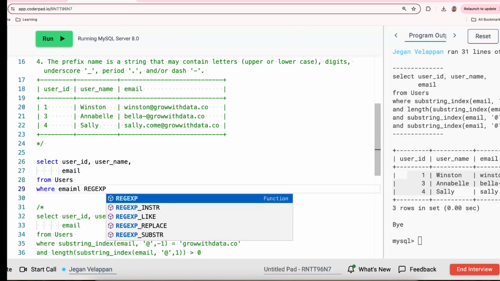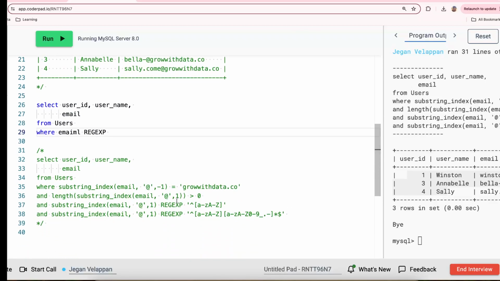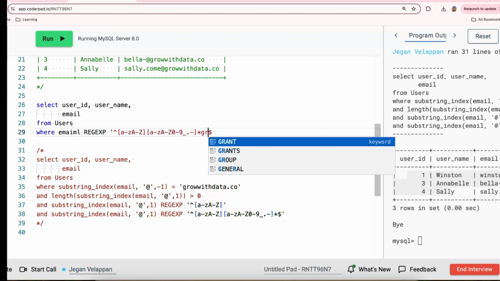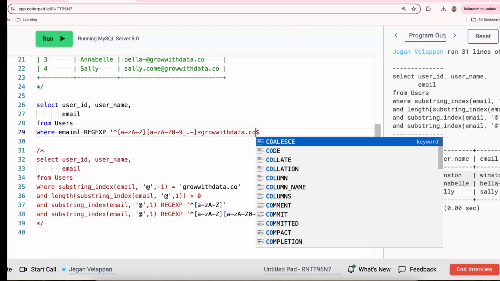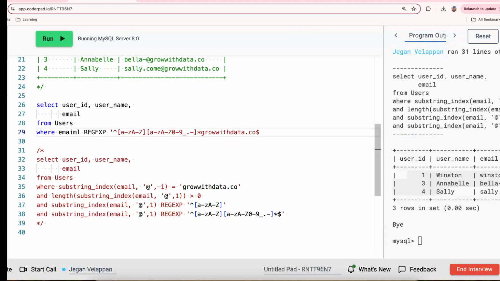What I did is, I have this regular expression, starts with the caret symbol, goes with this, so it carries all the conditions. And after the repeating part, I say